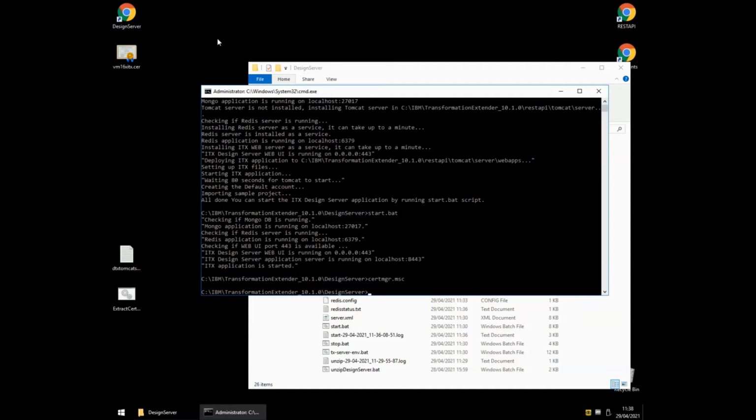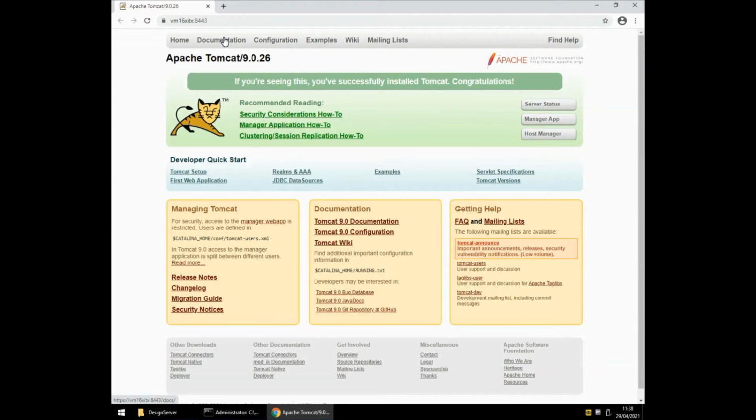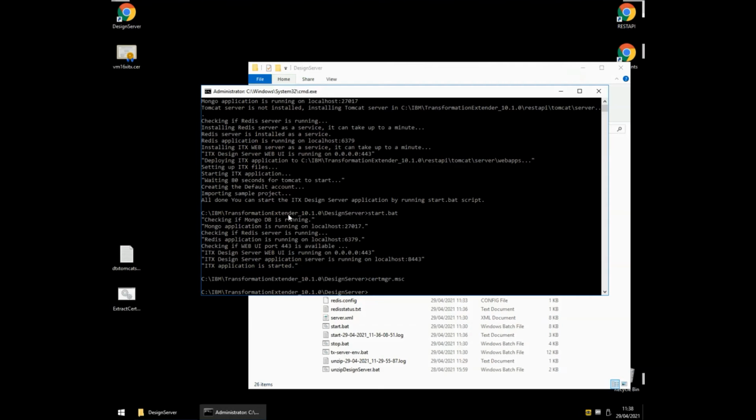And if we just close that and fire that up again, but this time with the host name, VM16xITX:8443, that also lets us straight in. So that's great. The install process for the design server has kicked off the REST API install. It's used that customized line that we've done, created a custom certificate